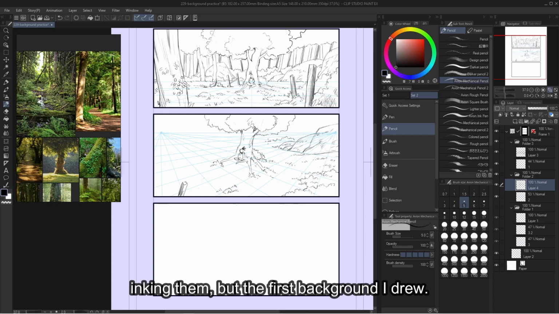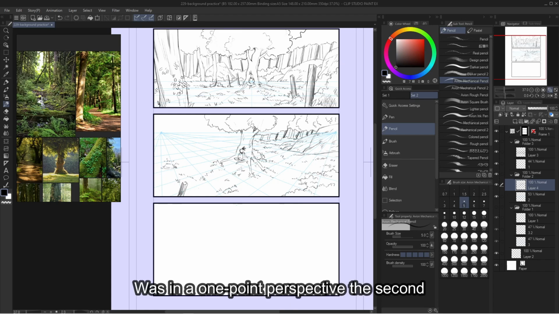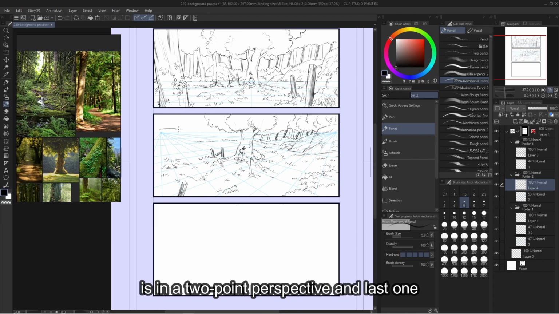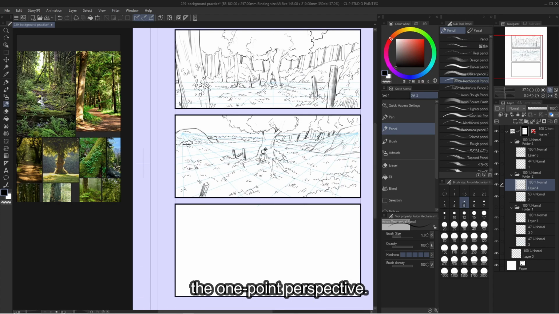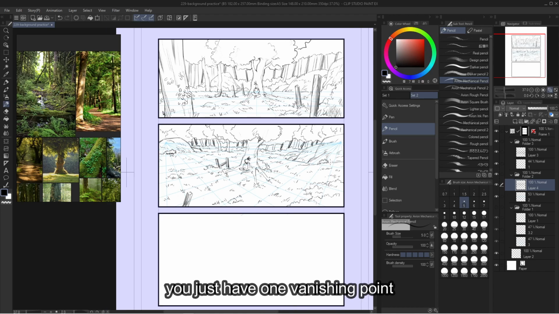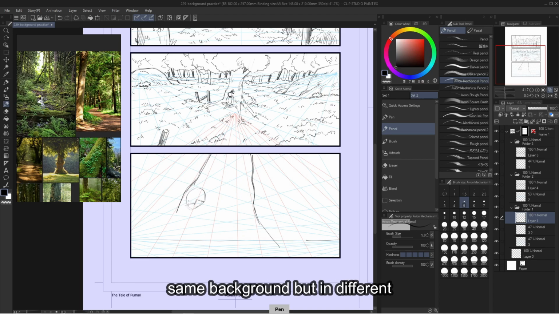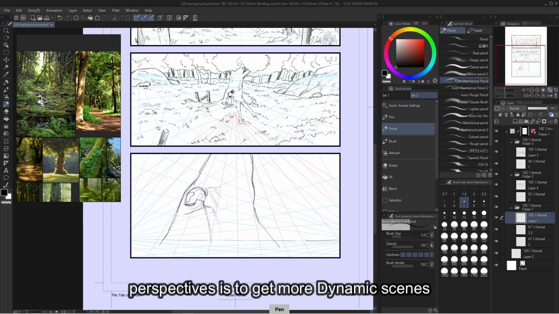But the first background I drew was in a 1-point perspective. The second is in a 2-point perspective. And the last one is in a 3-point perspective. When drawing in the 1-point perspective, you just have 1 vanishing point. 2, you have 2 vanishing points. 3, you have 3 vanishing points. And the purpose of me actually drawing the same background but in different perspectives is to get more dynamic scenes,